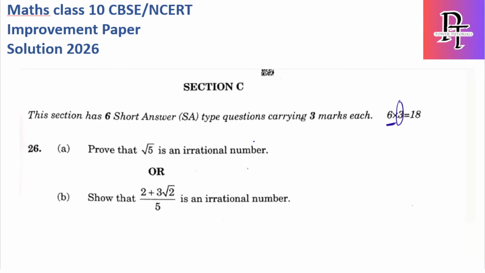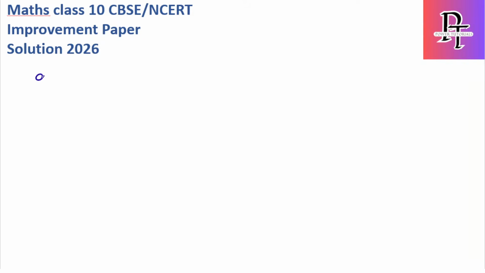Prove root 5 is an irrational number, or show that (2 plus 3 root 2) by 5 is an irrational number. I can say both are almost similar, so in your case, I'll definitely choose A as the right option. I'll solve option A because B is a little 3 or 4 steps extra, but A is a direct question. For this type of question, you first have to assume, in contrary, that